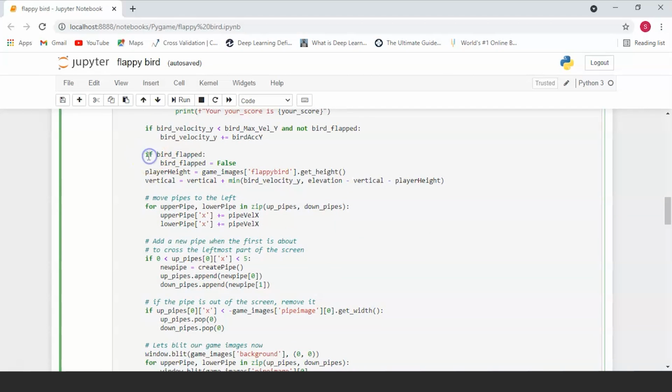Now, if the bird has flapped its wings, after that, we need to set the bird flap function to false again. Otherwise, it will continue being true, which is not the case. So we have to keep switching it, right? The bird flap will only be true when the user has pressed the key. After that, it immediately has to go back to a false variable. So that is basically what we're doing here. We're going to change the bird flap to false immediately after it has become true.